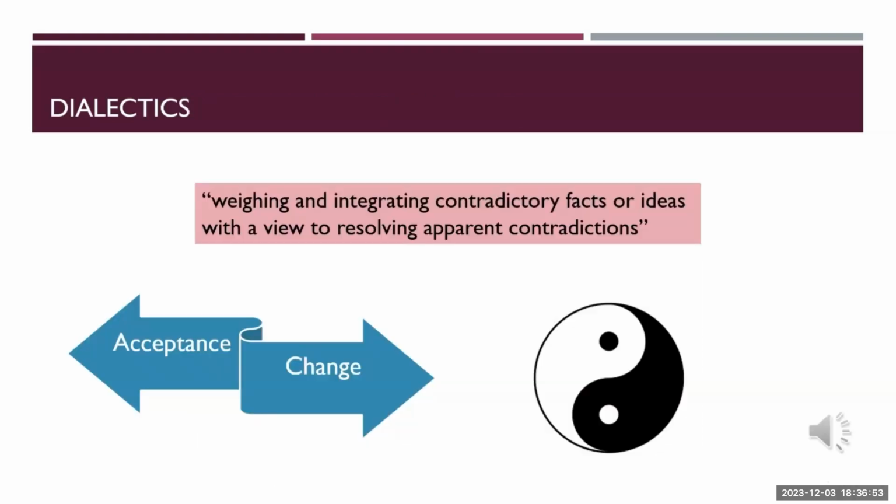So the term dialectics comes from Eastern philosophies and religious beliefs. The literal meaning of dialectic is weighing and integrating contradictory facts or ideas with a view to resolving apparent contradictions. Some of you might have heard the term yin and yang, which means darkness and light in Chinese. It represents a concept of dualism, that two opposite forces that seem to be contradictory to each other are actually